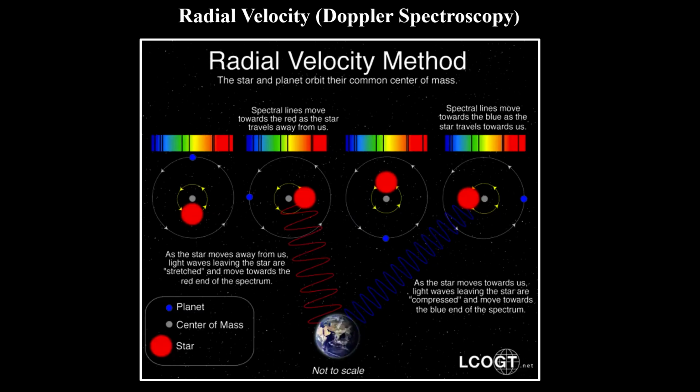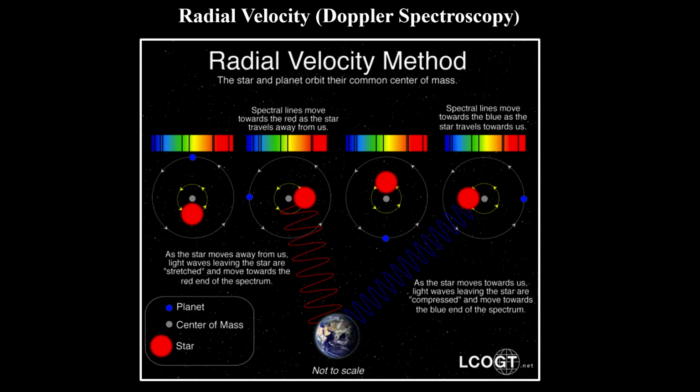The radial velocity method uses the fact that if a star has a planet or planets around it, it is not strictly correct to say that the planet orbits the star. The planet and the star orbit their common center of mass. Because stars are so much more massive than the exoplanets, the center of mass is within the star, and the star appears to wobble slightly as a planet travels around it. This wobble is measured by using Doppler spectroscopy. If a star is traveling towards Earth, its light will appear blue shifted, and if it is traveling away from Earth, the light will be red shifted.